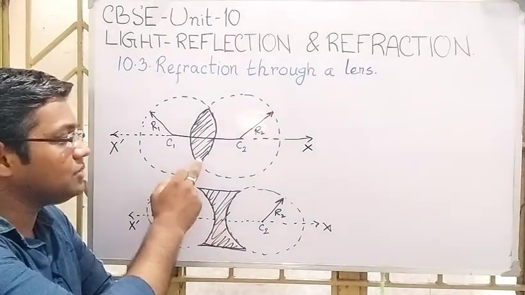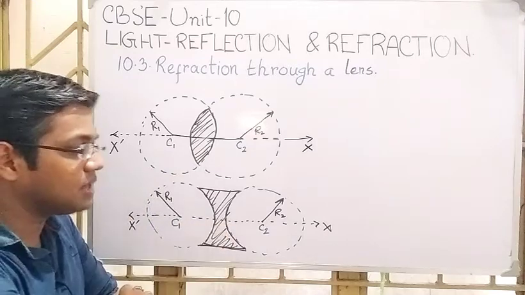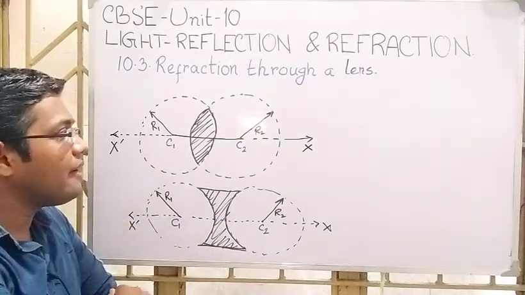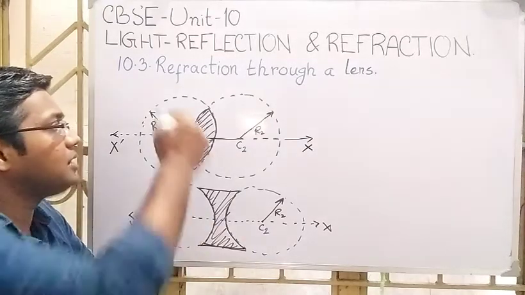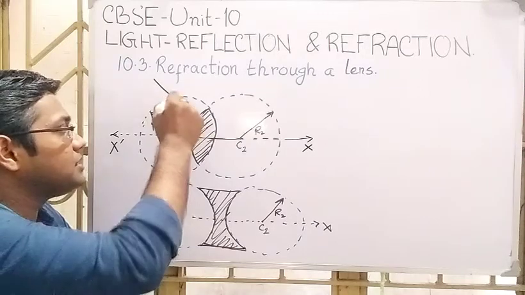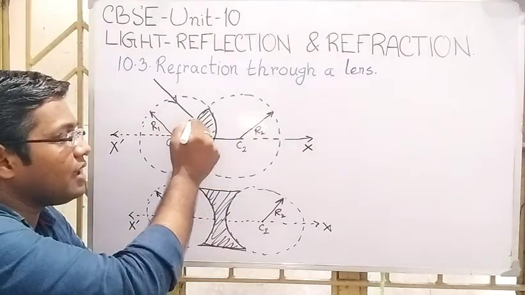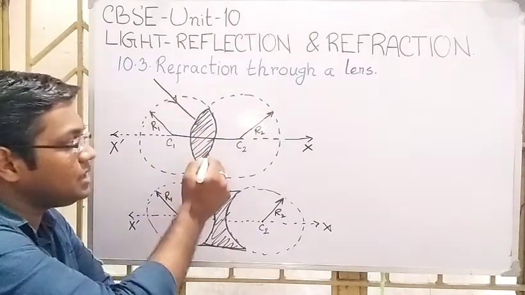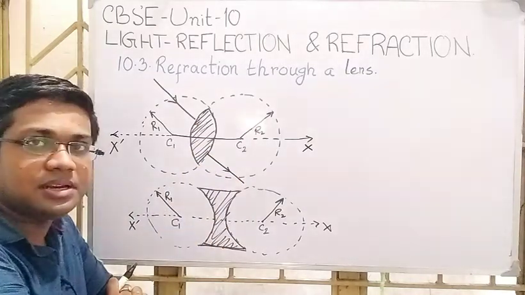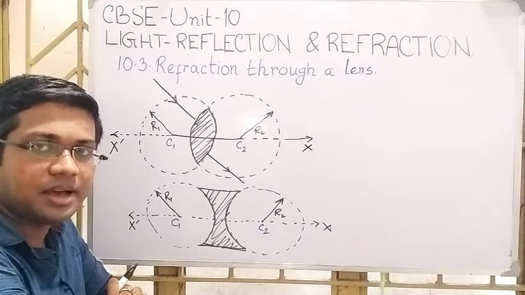So it is one type of lens, and it is another type of lens. Now if I pass a light ray like this, this is a light ray. If the incident light ray and the emergent light ray are parallel to each other,